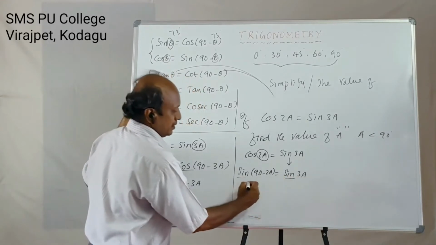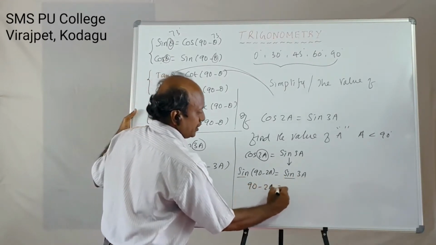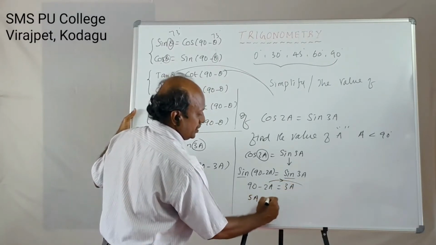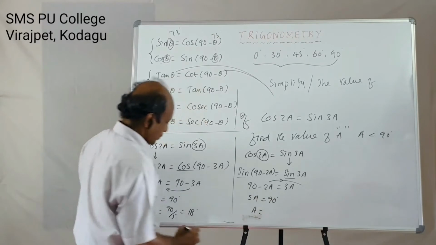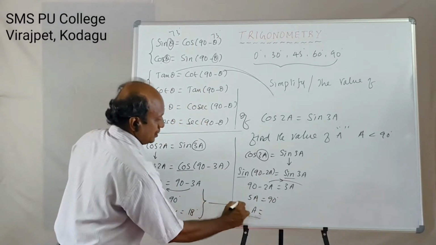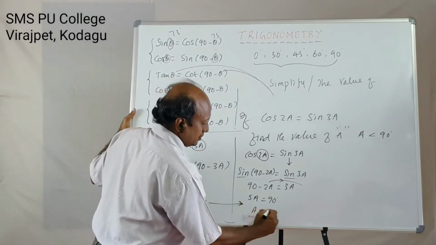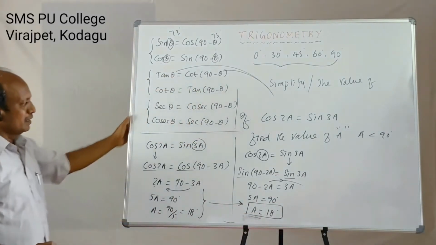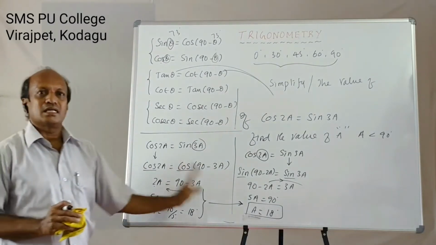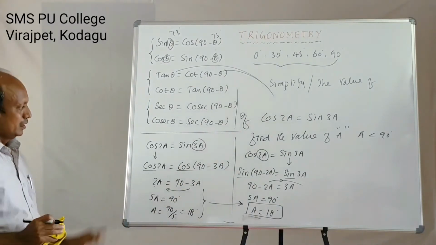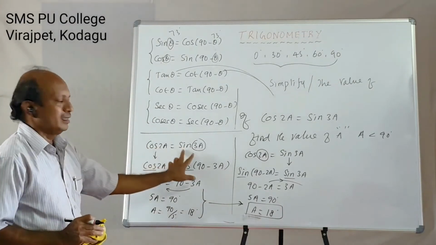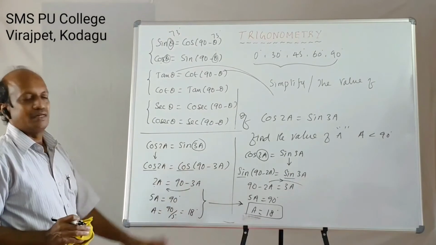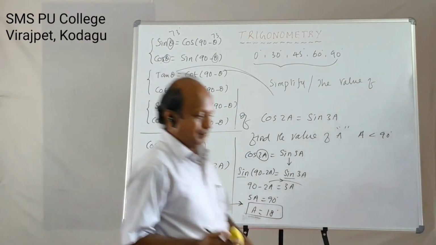Sin you are going to drop. 90 minus 2A is equal to 3A. Therefore, shift it to the other side. You will be getting 5A is equal to 90. Therefore, the same procedure has come up again. What will you get? A is equal to 18 degrees. Will there be any change? No change. But remember, one side you have to retain as it is, the other side you have to apply complementary angle. Don't apply complementary angle on both sides. Then it will be never ending. It goes on again, rotate and rotate, you will be getting the question.